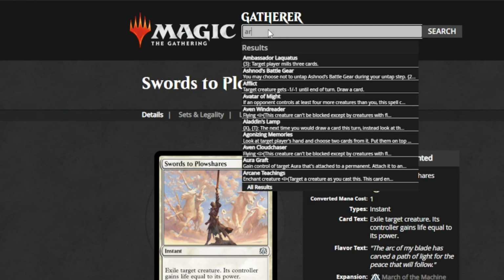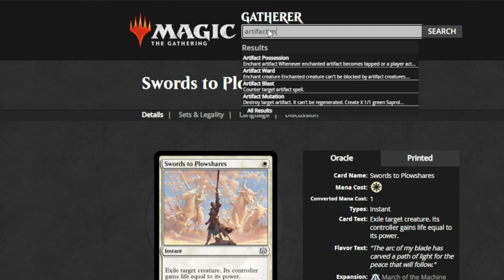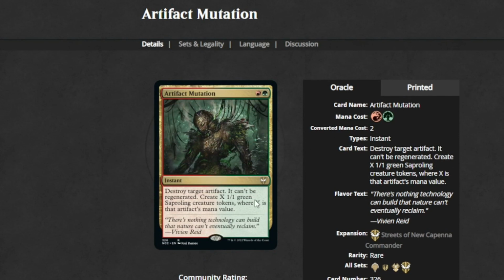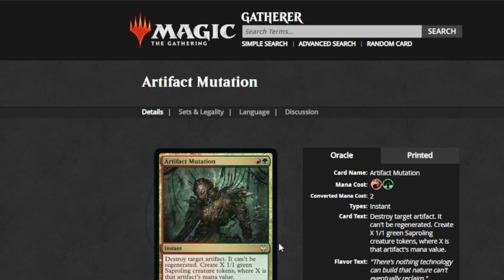And the last instant that I have is Artifact Mutation. Costs red and green, and this one, just like the other one, destroy target artifact. It can't be regenerated, and I create X 1/1 green sapling creature tokens, where X is that artifact's mana value. Needless to say, there are a shitload of annoying artifacts out there. I'm pretty sure I've even used this on a Sol Ring before just to slow somebody down. There's stuff like that. Mana Rocks, Arcane Signet, Thran Dynamo. But the list goes on and on. We're not going to get into that. There's a lot of artifacts that will annoy you, and unless they're indestructible, this can get rid of it, and I get tokens